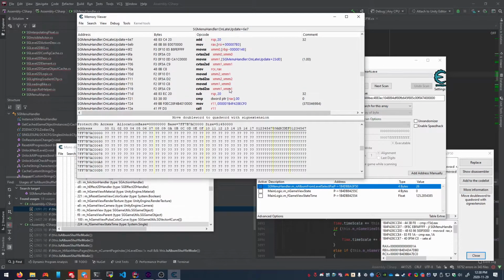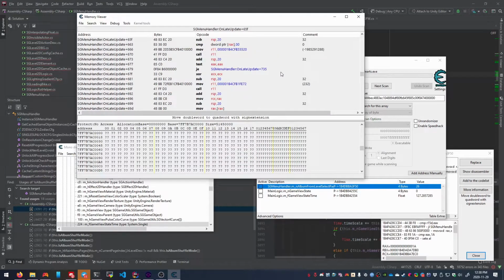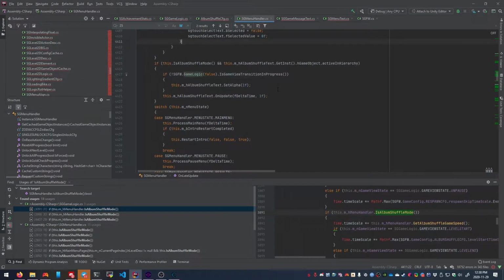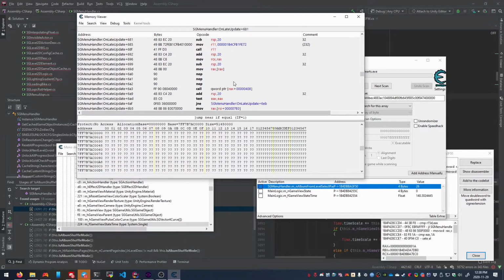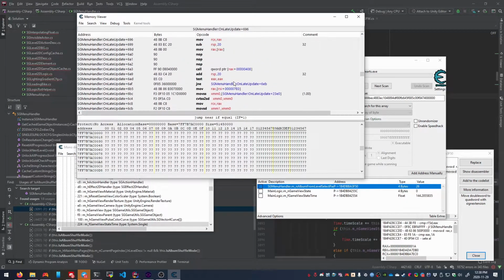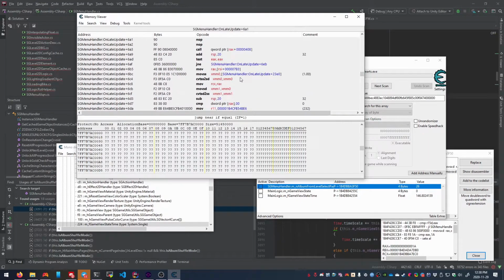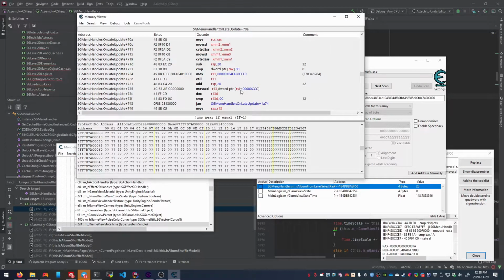Okay, and then 735 is where all of that stuff jumps. Yeah, 735 is what all of the stuff is jumping to. And then... Okay, so right before that, we call something. Yeah, 735 is over here, and we